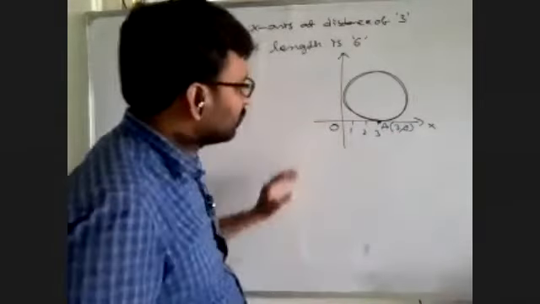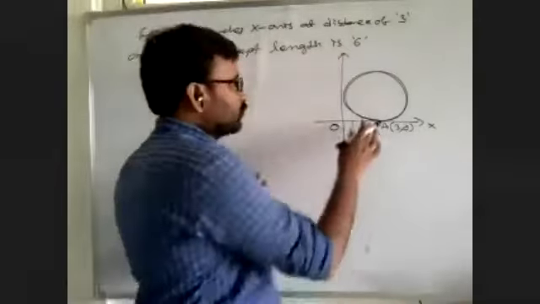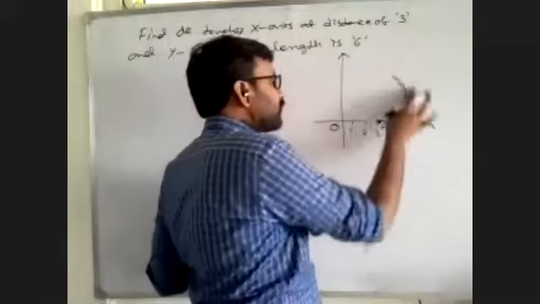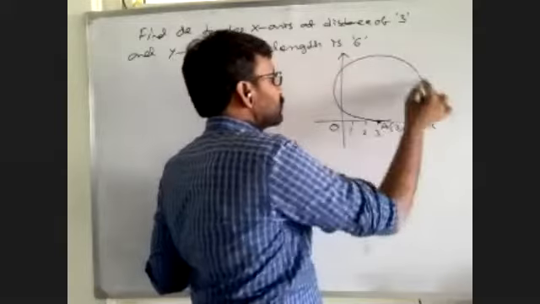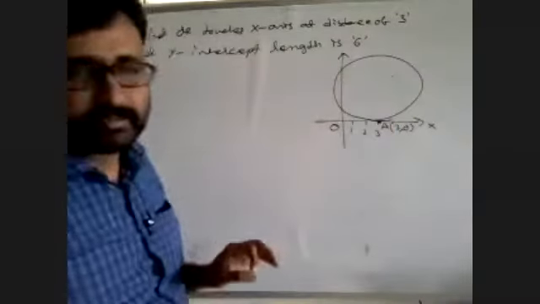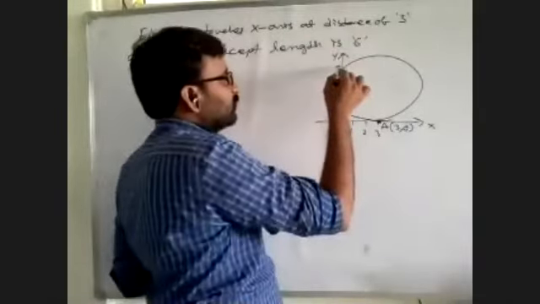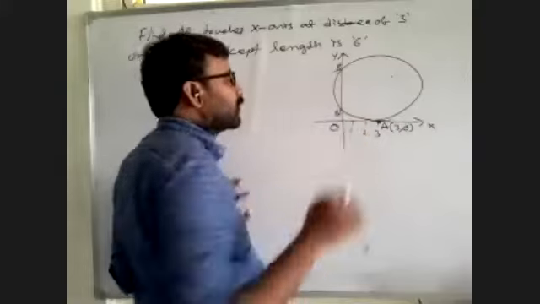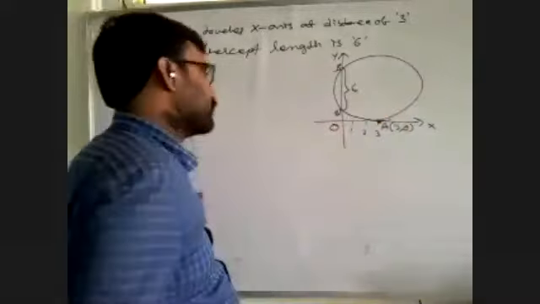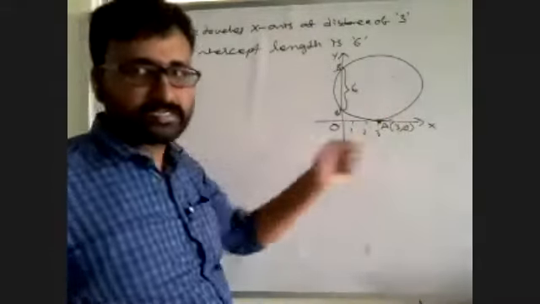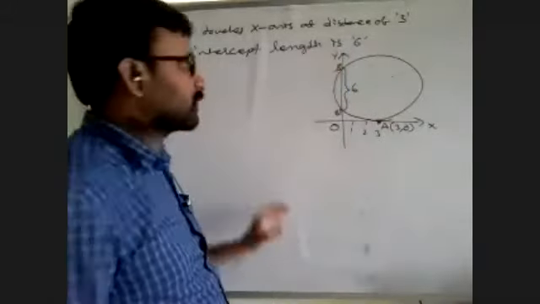And he's saying that this circle makes a y-intercept of length 6. So it is making a y-intercept also. Then it will be like this, because the circle makes an intercept on the y-axis. Say this is B dash. Then this length is given. What is that length? B dash is 6 units. This is the center. This is the point where the circle is touching the x-axis, (3, 0). Now what is this circle equation?